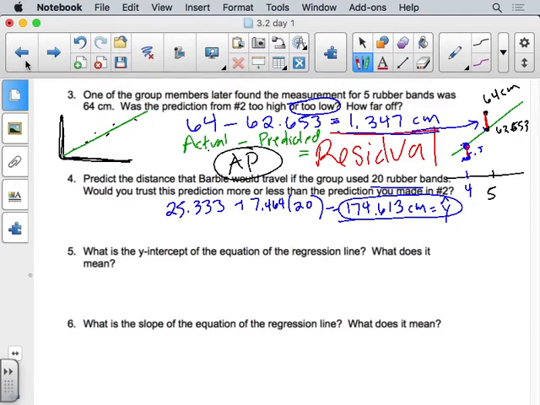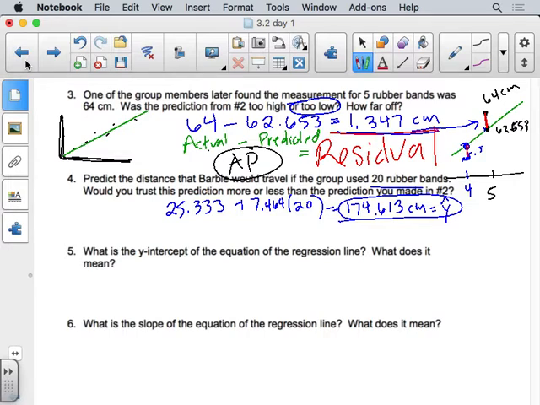Again, I think that's pretty understandable. A lot of statistics here at the beginning of the year seems like just real life stuff that's like, oh yeah, we've already seen this. We just maybe haven't put vocab words to it. So a residual, extrapolation. Okay, what is the y-intercept of the equation of the regression line, and what does it